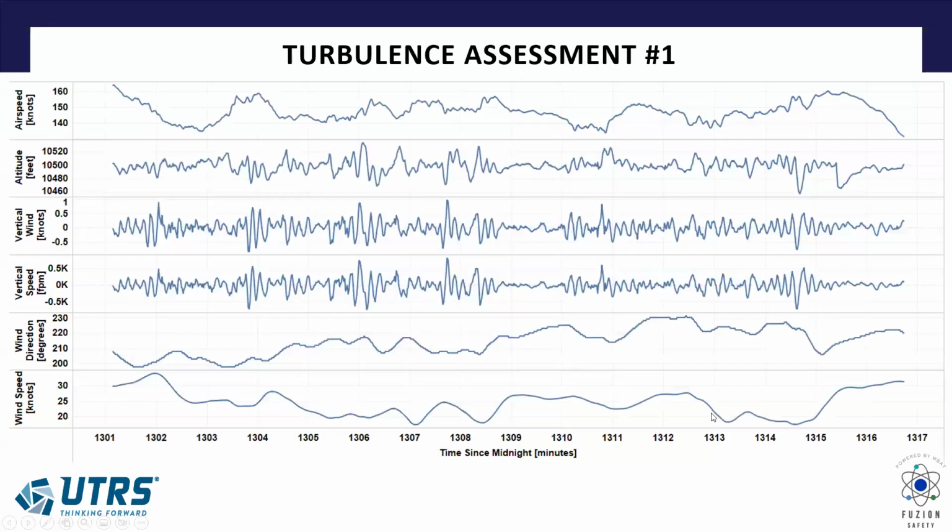All right, so I've got 6 of these cases to show you. The first slide I show you for all 6 is kind of the conditions. So the airspeeds, the altitude, so 10.5, so probably VFR, but they've all got their autopilot engaged for pretty much the whole event. And you can see they're getting beat up, plus or minus 30 feet. And if you look at the vertical speed, it's 700-800 feet per minute changes up and down, up and down. That's not comfortable. And there's the wind heading changes and the velocity changes.